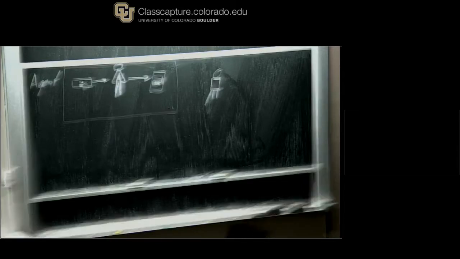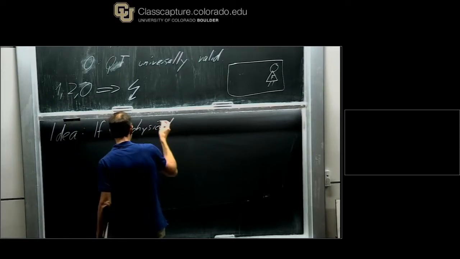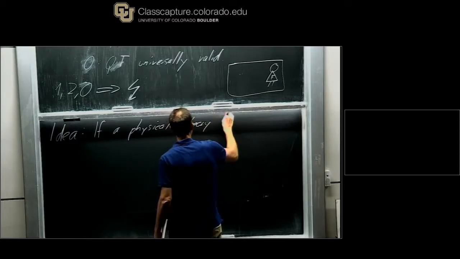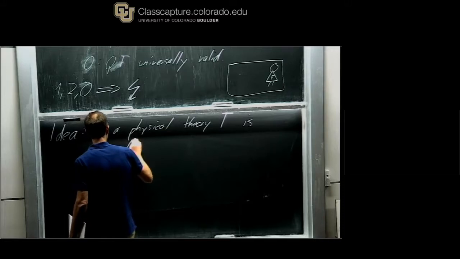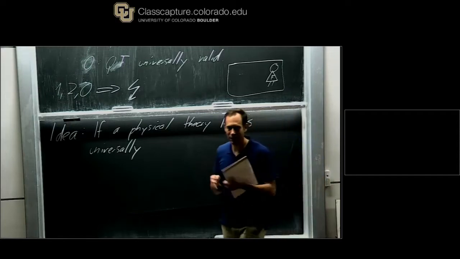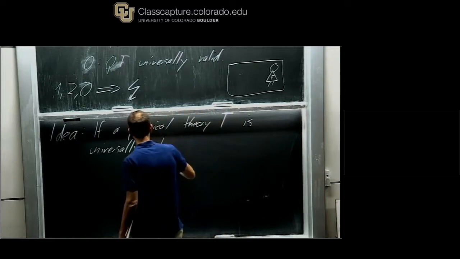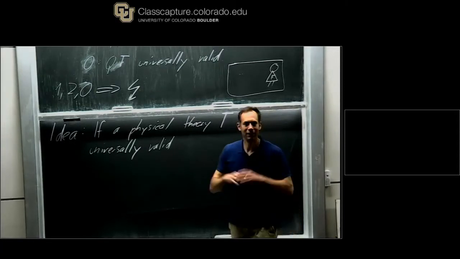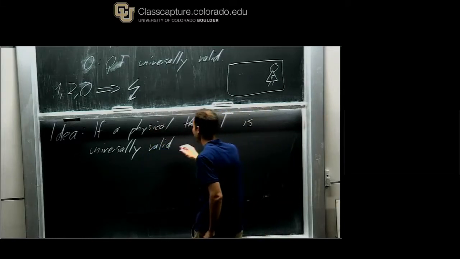So the idea is, and I just write it in words because I really think this is something you should remember: if a physical theory T is universally valid. And by universally, it doesn't need to be valid on any scale, like on the scale of galaxies. It's sufficient that it's valid on the scale where we operate. So you can replace universally by, let's say, on all scales that are relevant for our own operation, so to speak. Then